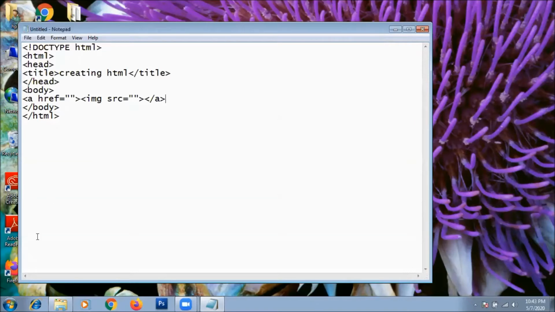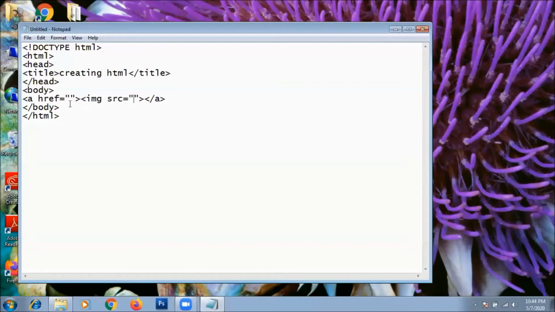That means the hyperlink will be the image, and here, as you know, we'll have to give the web page where we'll jump to. Again, the image source, img src, means we need the image file name with which the link is to be created. These are the main tags.